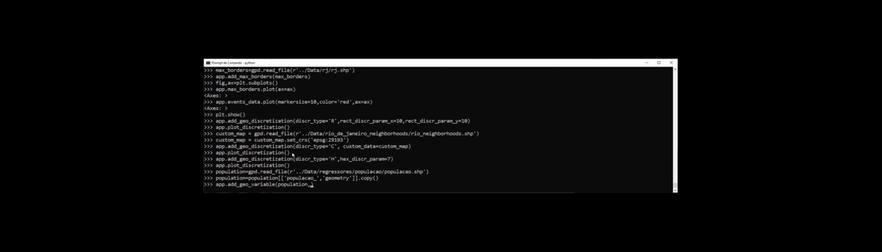Population is the second discretization. And we have a second parameter, which is type geovariable, which needs to be feature. And now, with the print app geo discretization command,